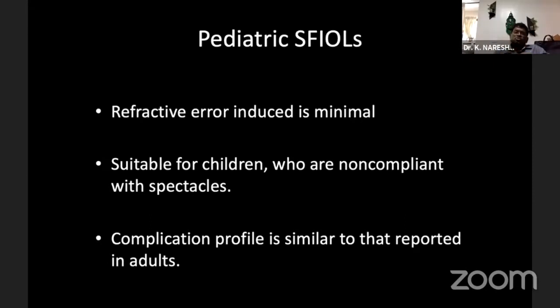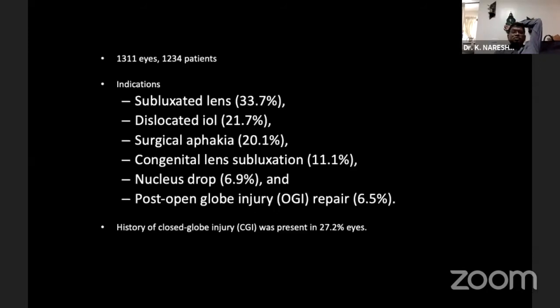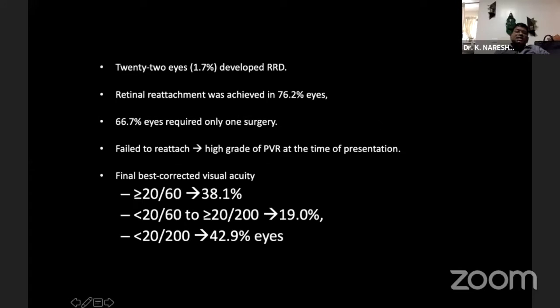It is a suitable procedure for children who are non-compliant with spectacles. And the complication profile is almost similar to that which has been reported in the adults. And another publication is we have analyzed our cases in the past 3 years, where we have done close to 1,311 eyes. So these are the complications and the indications, and we had almost 1.7% of the eyes developing retinal detachment. As it was moderated by Dr. Avnindra,